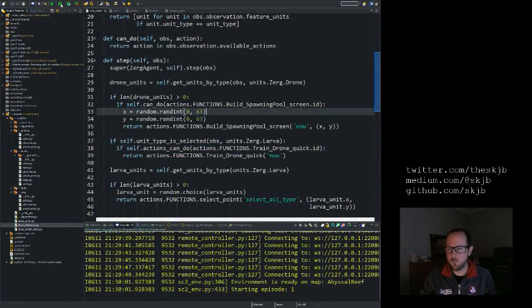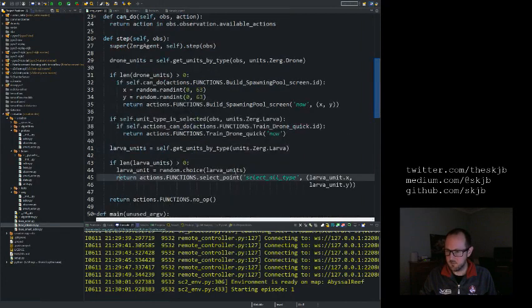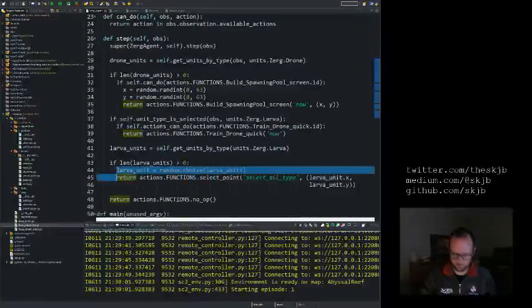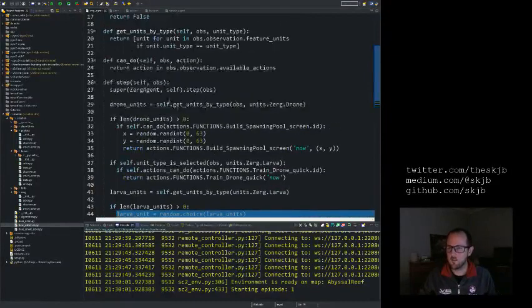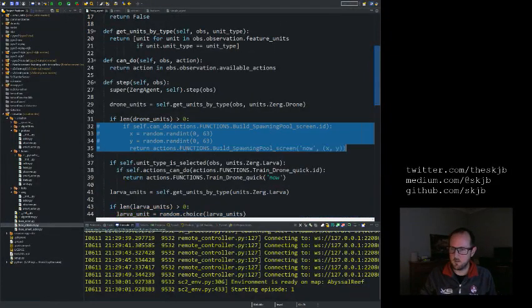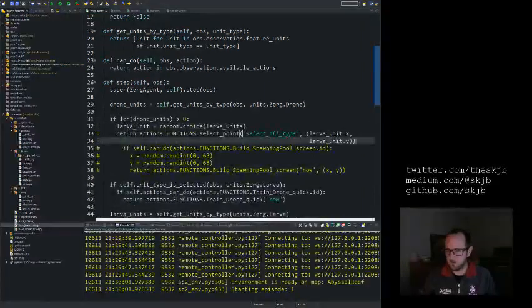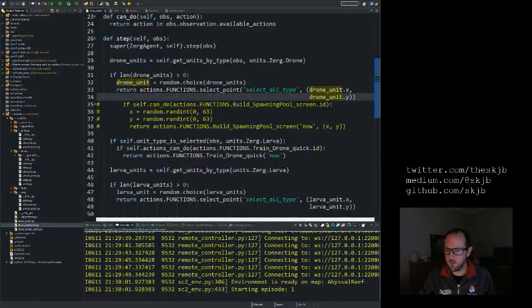So we hopefully, you know what we've got to do? We've got to select the units first. So we want to do the same thing here. Let's just cancel that for a minute. So drone unit, once again, we choose a random drone unit. We feed in X and Y, and then